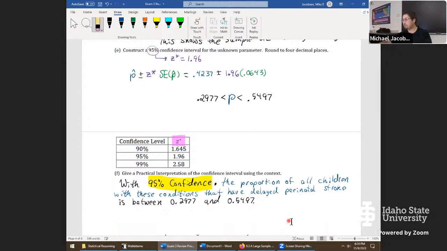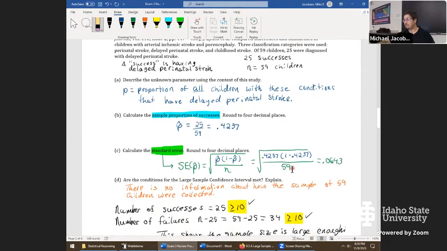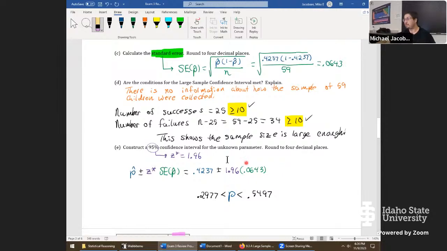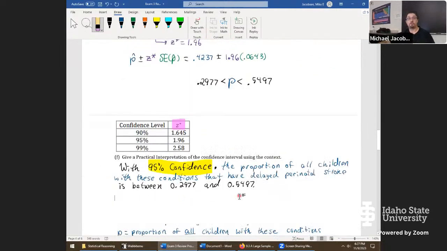But it's hard to say exactly what's going on unless we're experts ourselves, but that's the kind of nice thing about statistics. If they set up the information for us, we don't necessarily have to know exactly what's going on. We can still run through the problem and give them an analysis. The experts would help us along, defining terms and things like that, and we would support them with this conclusion. What we would never tell them is P between 0.2977, 0.5497, 95% confidence, because then they would not have any idea what we're talking about at that point.